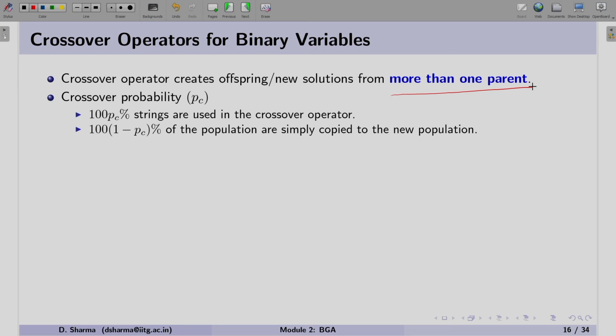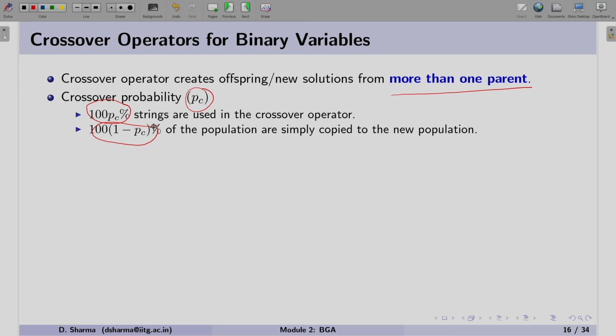In crossover, we have a probability PC, which we refer to as the crossover probability. Theoretically, it says that if we take 100 times PC, that many strings will take part in the crossover, and the rest of the strings will be copied as they are.